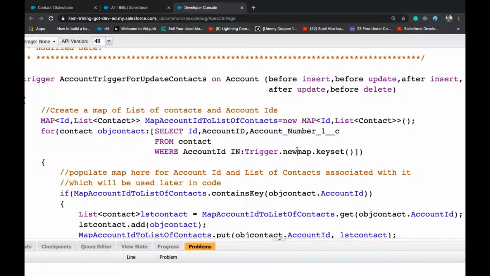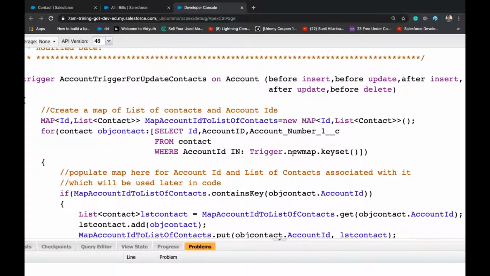So Trigger.newMap.keySet will give the list of IDs. So we used IN to check the key values in the account. Okay, it's checking in the contact. So we are checking contact with account ID. We are fetching ID, account ID, and account number fields from contact by comparing account IDs with account IDs in newMap.